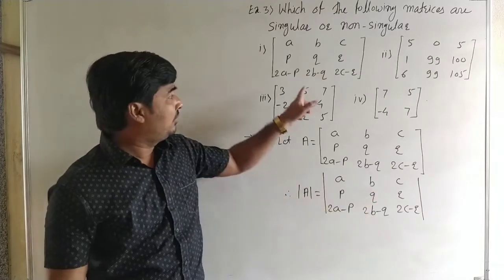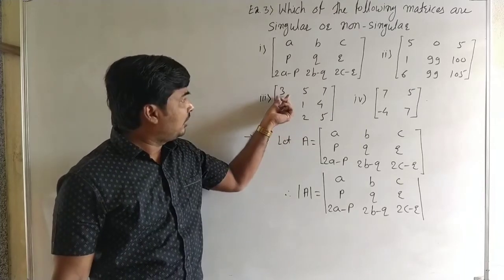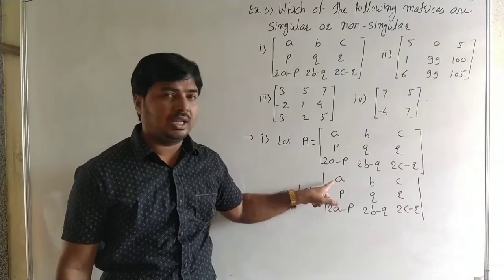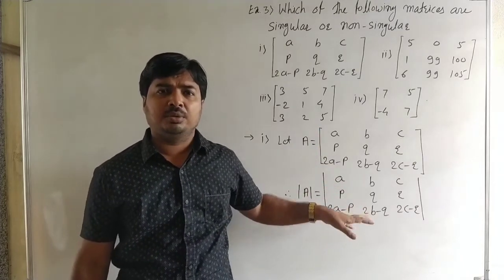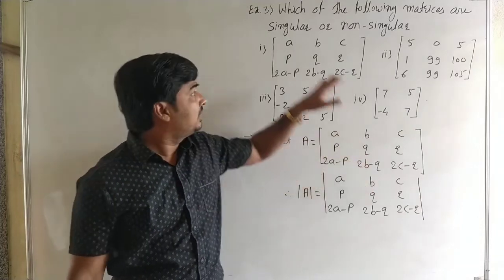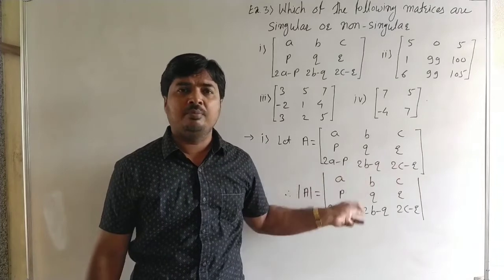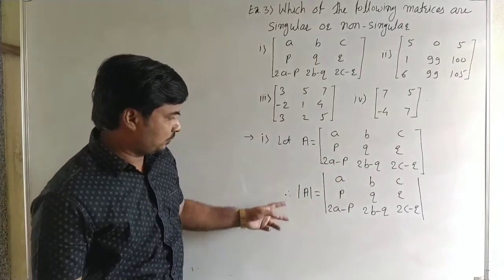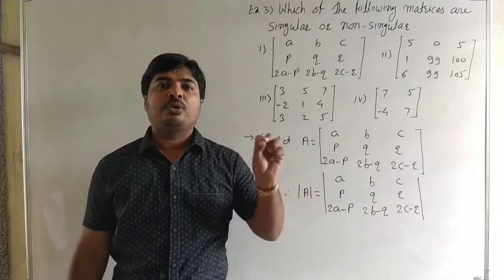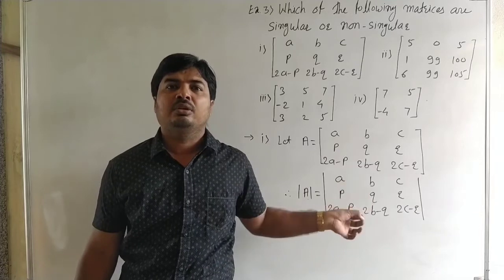When numbers are given we can directly calculate, because the value of 3, the value of 5 we well know. But the value of A is an arbitrary constant, A is any real number, and here it does not give a fixed value. In this example there are only the notation constants A, B, C, P, Q, and R. So we find this determinant by using the properties of determinant. That means we can find the value of this determinant without expanding.